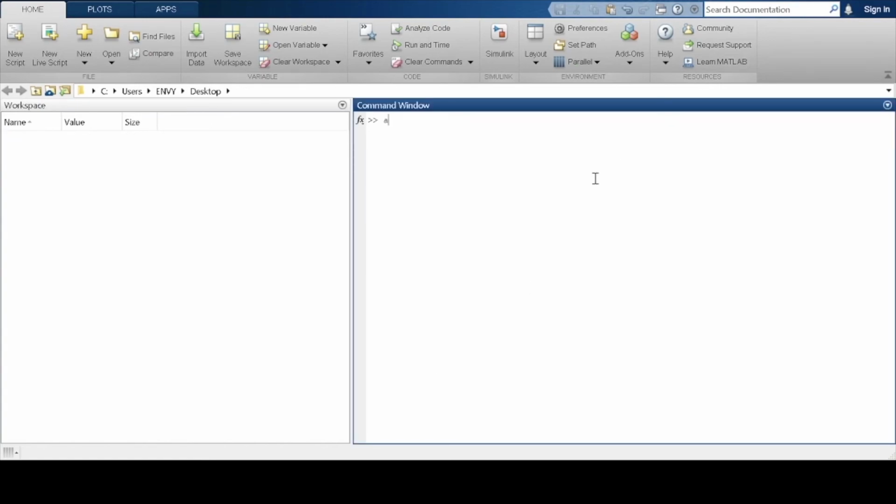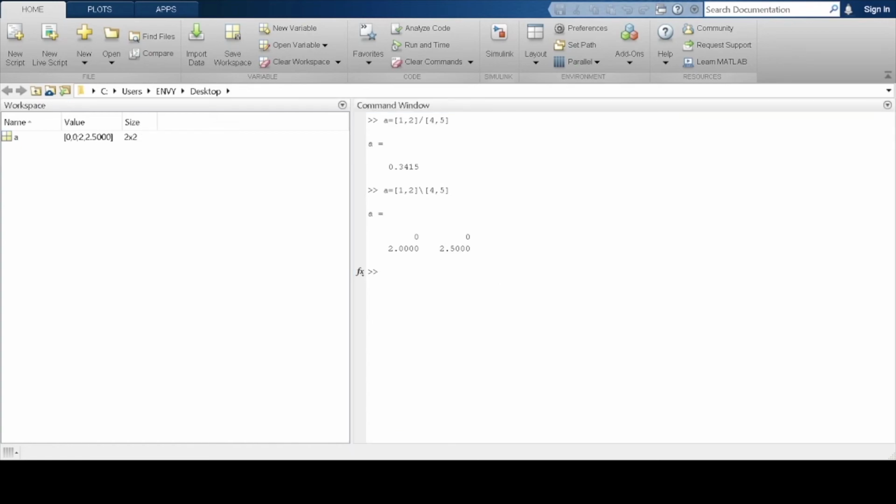Let's see how to divide two vectors. I'm performing right division. You see that we get a result, 1 cross 1. Now what if we do left division? We see that we get this result, 2 cross 2. While the output isn't useful, it's interesting at best, but in general, there are no real applications for this.